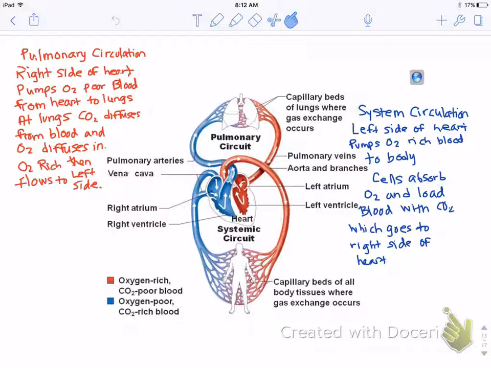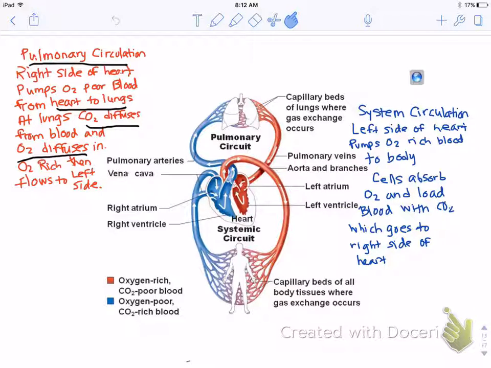There's 2 main types of circulation that you should know about. The pulmonary circulation is occurring on the right side of the heart. This is going to be pumping oxygen-poor blood from the heart to the lungs. At the lungs, carbon dioxide diffuses from the blood and oxygen diffuses into the blood. So pulmonary circulation is talking about the right side of the heart that's pumping oxygen-poor blood from the heart to